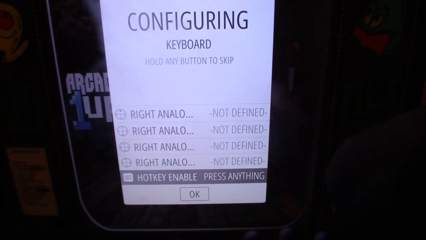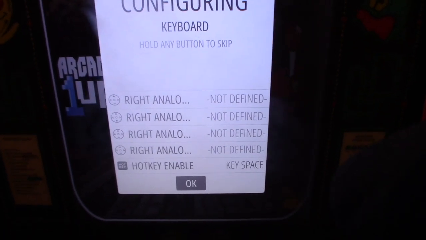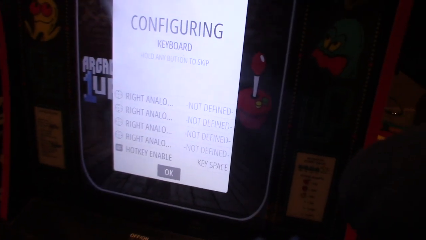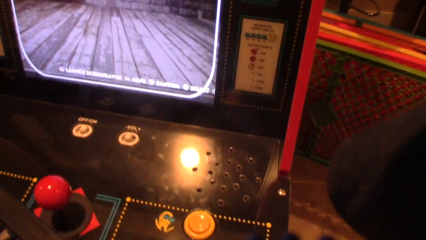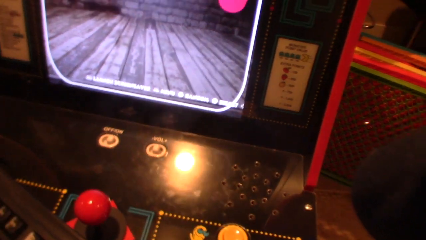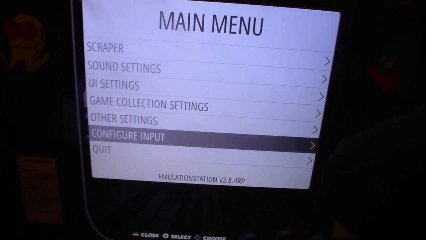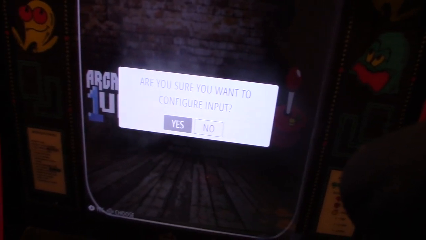Alright, and your hotkey should be your select button. And press A for OK. And then we're going to set up our control on here. And we only got 2 buttons on here. Press start on your keyboard, scroll down to configure input, press A again,